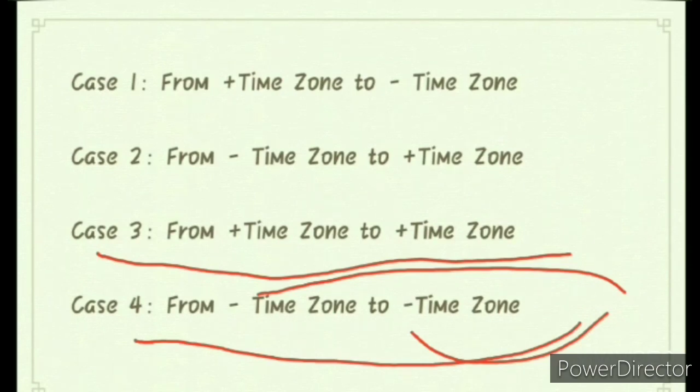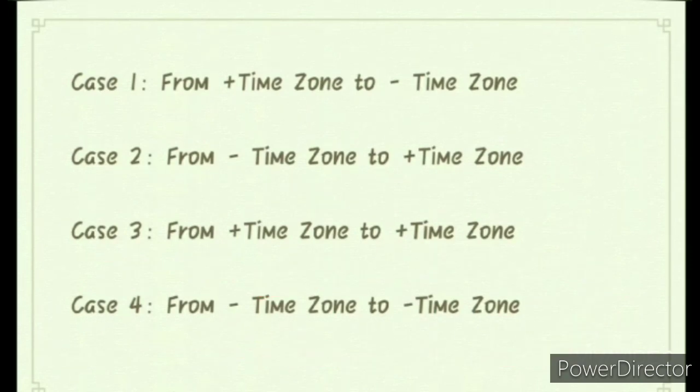So we will start with case number 1, where a flight will take departure from a city which comes in a plus time zone and it will land at a destination which comes in a minus time zone. Before going into the calculation part, we should understand why things like GMT time, international date time and the total flight journey are very important in the tourism industry.